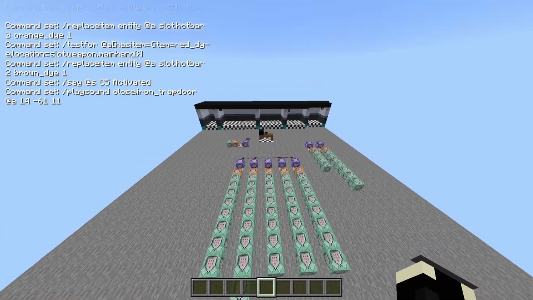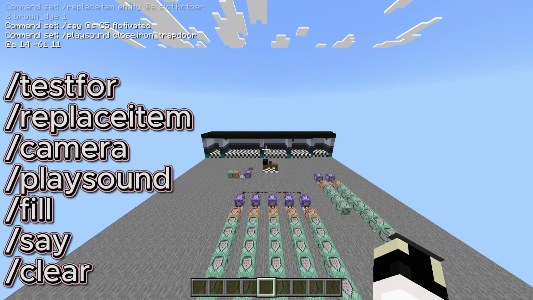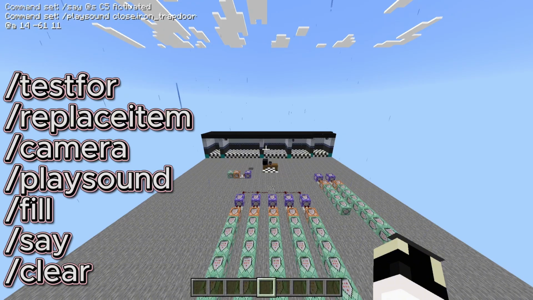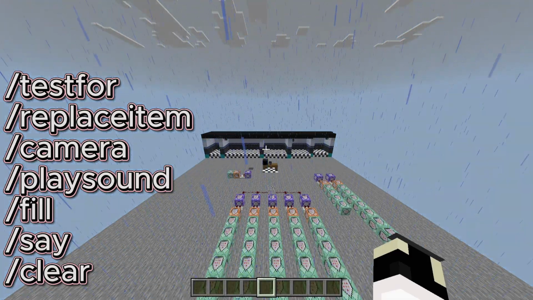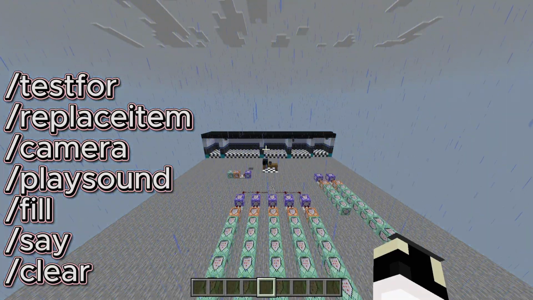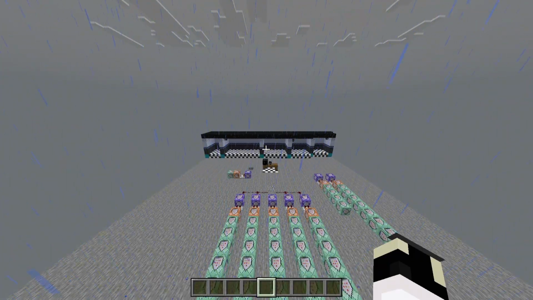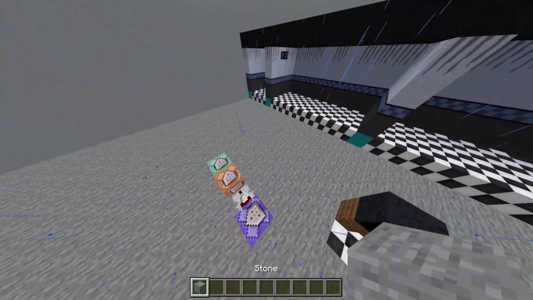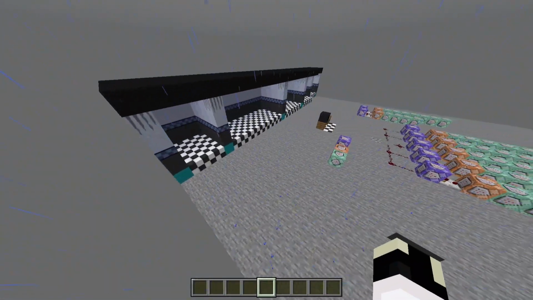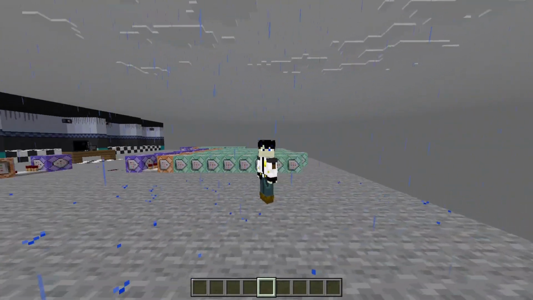It's 4 commands. I'll leave them on the list right here on the screen. Testfor, playsound, camera, and /replaceitem. These are extremely important for making a camera function in Minecraft Bedrock. So now that we're done with this, I will leave my time here,